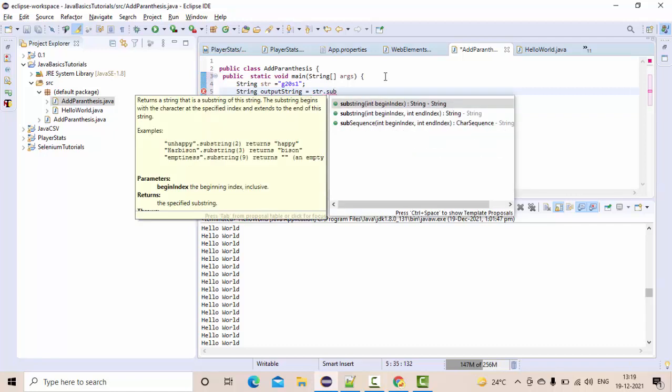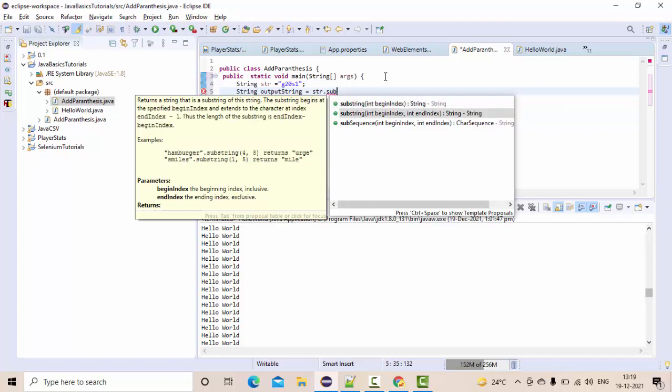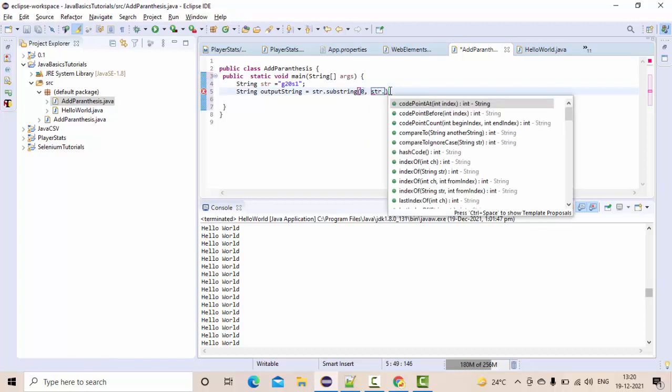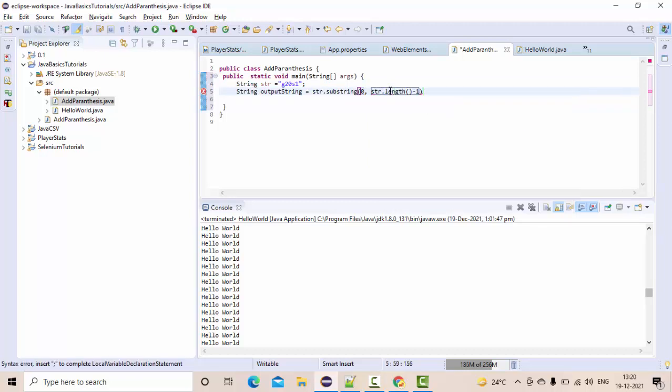Dot substring, I am going to use. If you see in the substring, you have begin index, begin and end index like this. So I am using this second one here. Here begin index is from the beginning because I only want to add at the end, right? So this is from the beginning and I only want till s, right? So how do I know that? Simply get the length of the string and do -1 so that you know the last before character, right? So length is nothing but str dot length -1 here.